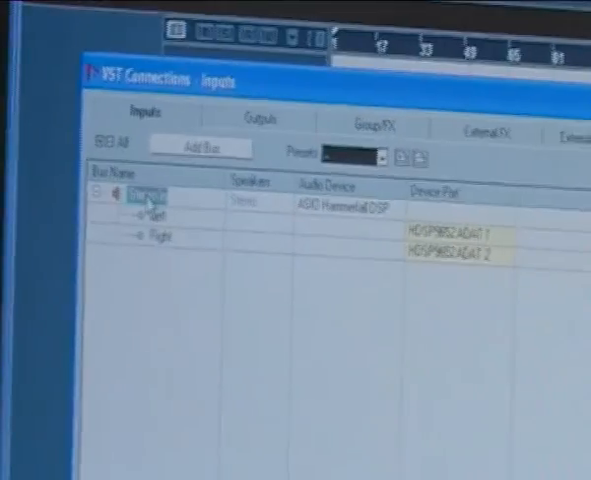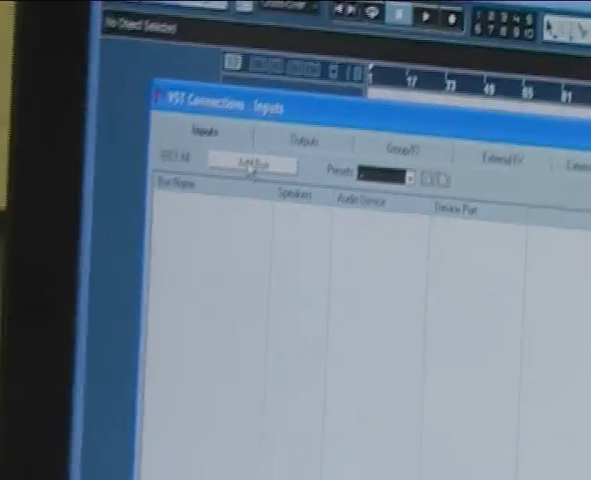But I need to look at the input connections, and it has a stereo in connection, and I don't need this. So I'm going to click on here, and I'm going to right click and remove the bus. Now what I'm going to do is I'm going to add a new bus,